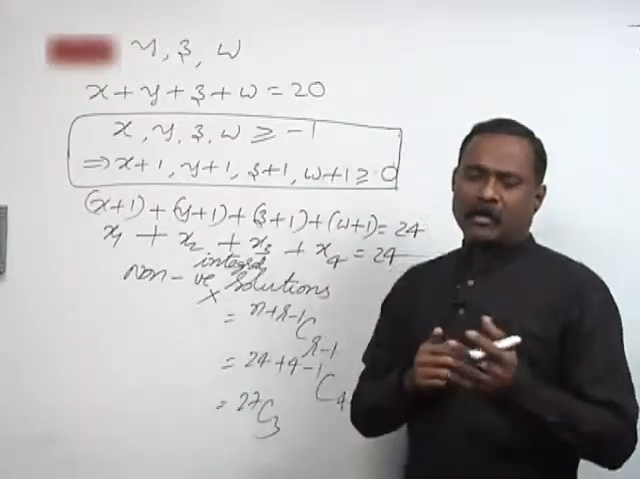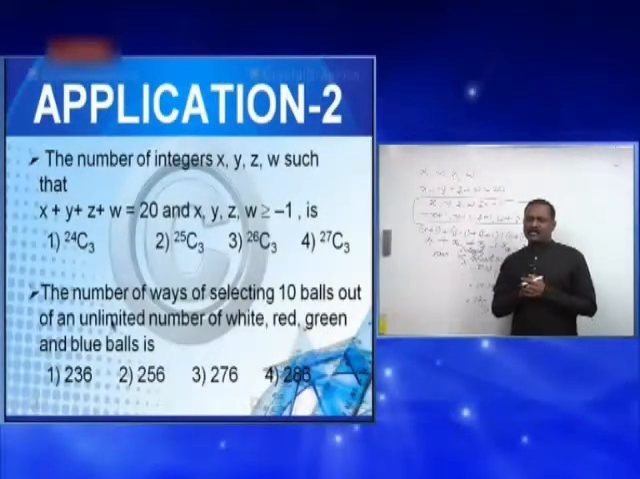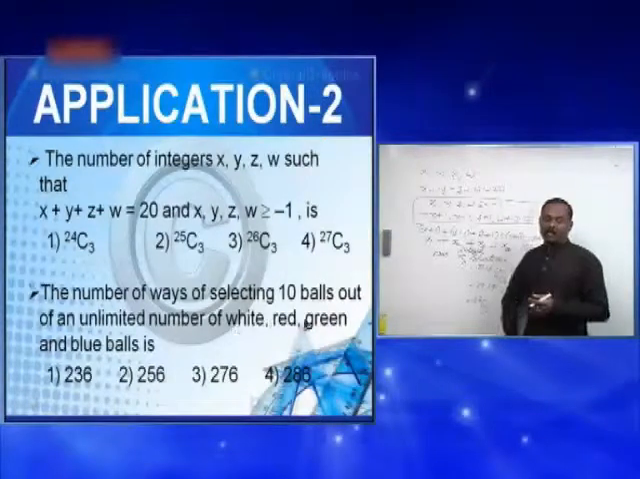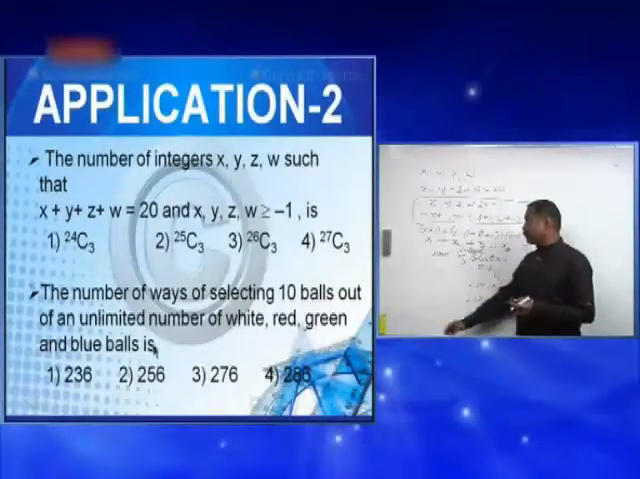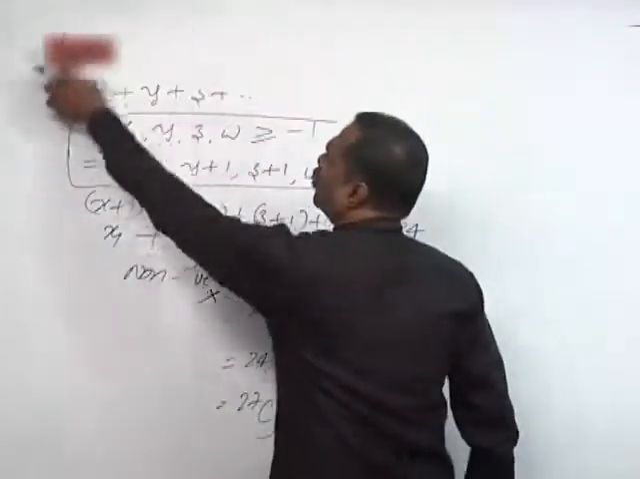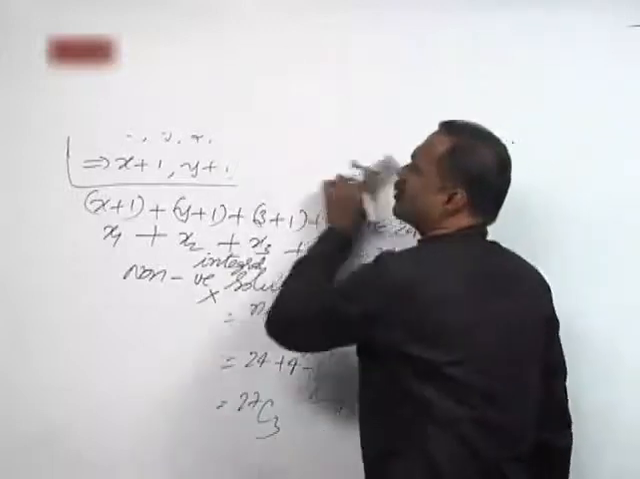Okay, now coming to the next problem, the number of ways of selecting 10 balls out of an unlimited number of white, red, green and blue balls. So when you go through such a problem, you will literally be confused